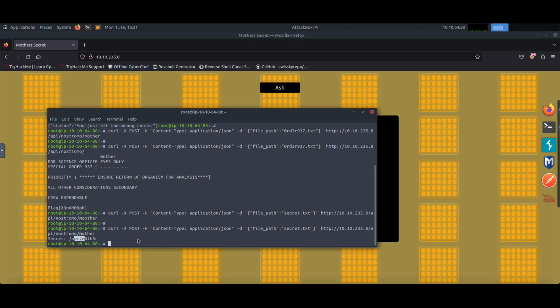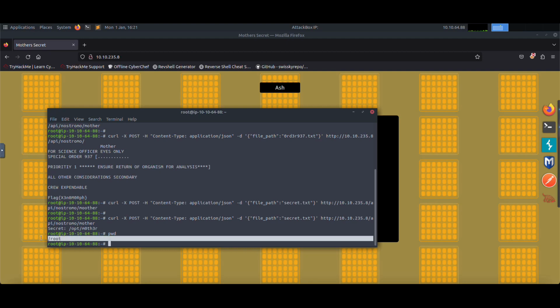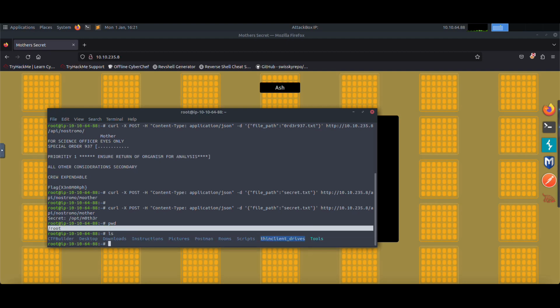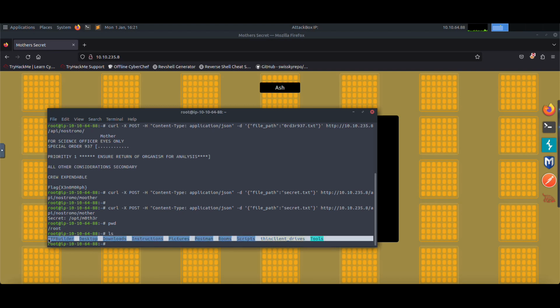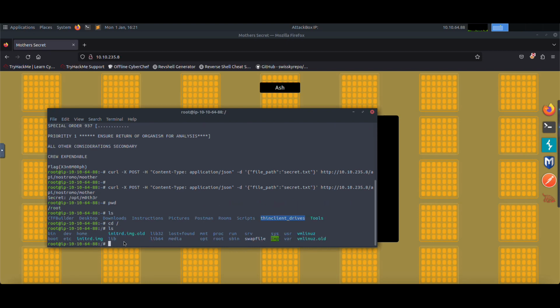Let me go to the, right now I'm in root, right? And let's do ls, and as you can see in root I have these files in the root directory, but let's go to the top of this file hierarchy, and now as you can see I have lots of files here, and one of them is opt. So it means that I have to go back, and it means that the website has a file traversal vulnerability. I can go back with these